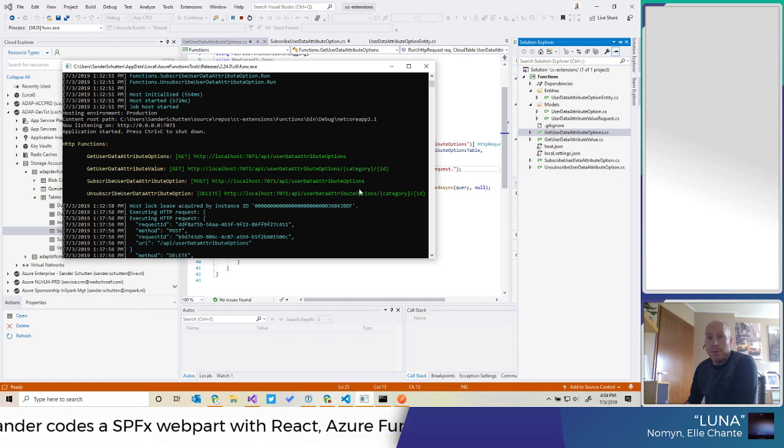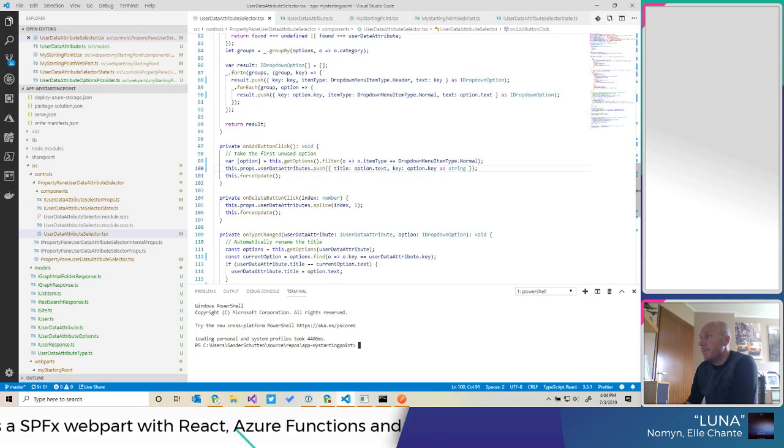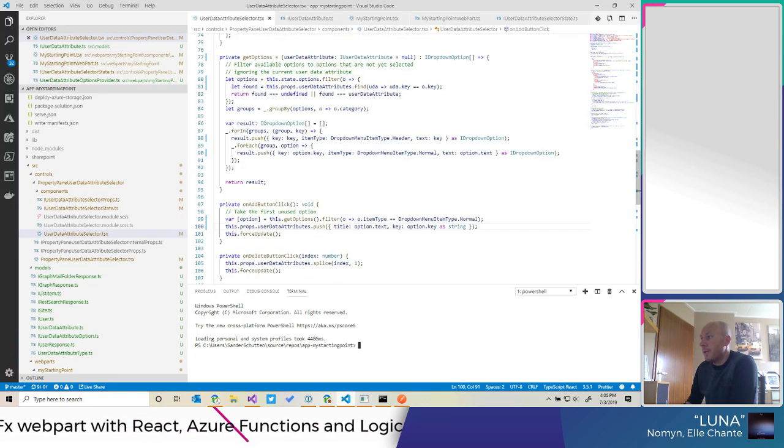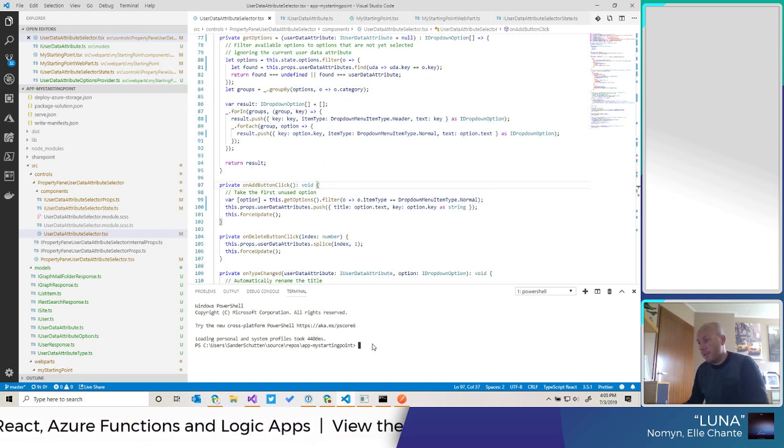We basically have a few endpoints that we can hit, and this Webpart is going to hit that API. But first, let's start it, and we do that by gulp serve.